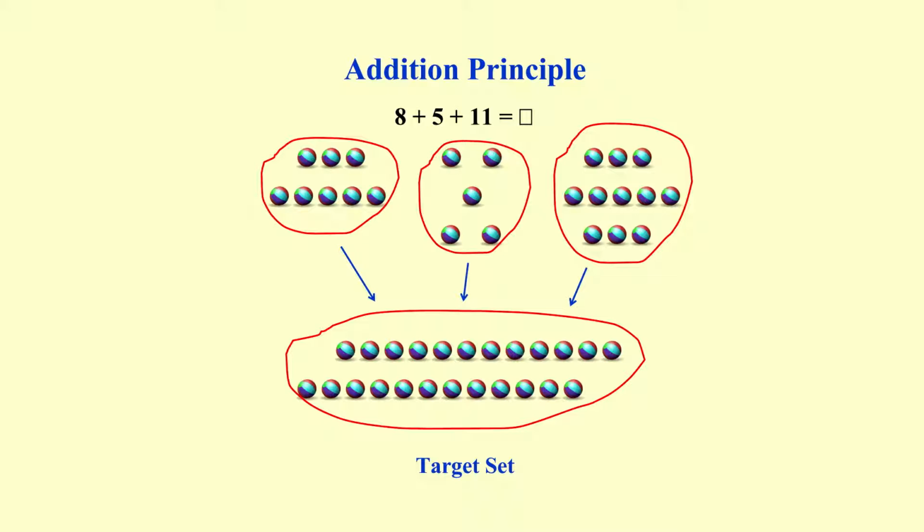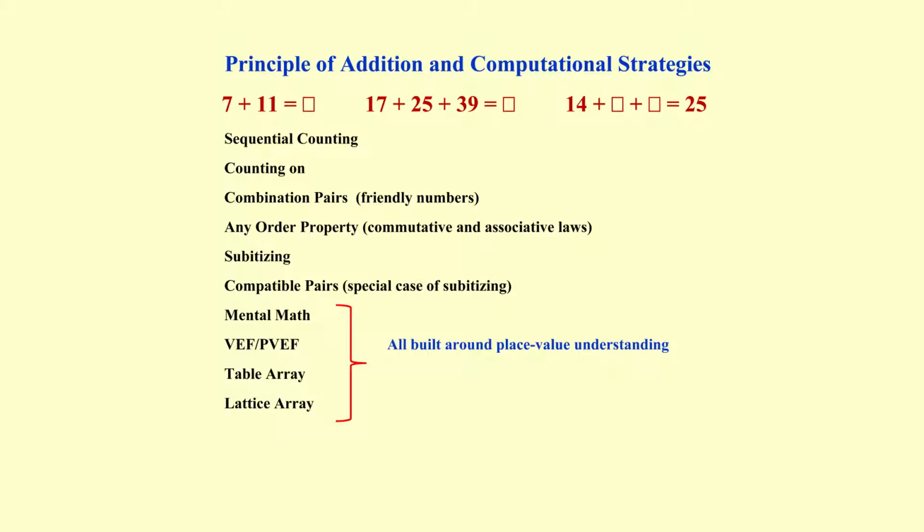So by the time kids get to first grade, they are starting to become what we call good sequential counters. So in the principle of addition, in this next slide, you'll see I've got three examples at the top of the page. I've got two groups of objects, one with 7 and one with 11. I want to find out if I merge those two groups of objects into a single set, the target set,